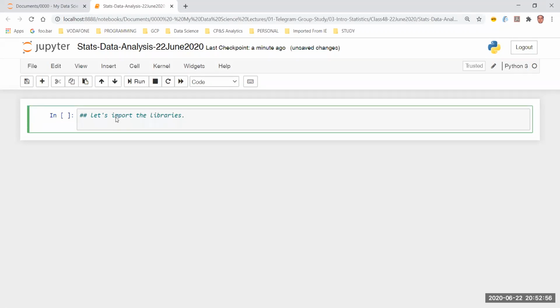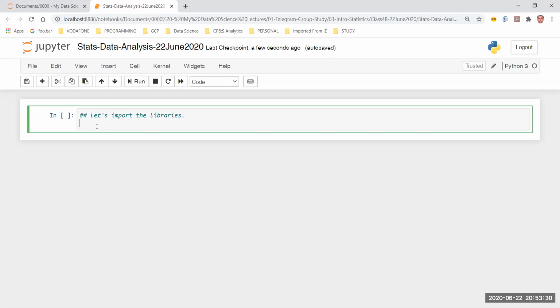Okay. Again, a word of caution: it's not the right way to do things. I should have started with the markdown code, and I should have written down things related to what analysis I'm trying to do, and what exactly it is that I would like to do here. Okay, that is not what I'm doing. What I'm doing instead is that I am directly starting with the code. This is not a best practice. I would strongly recommend please don't do this. Okay, now let's first try to import the things which we'll need.